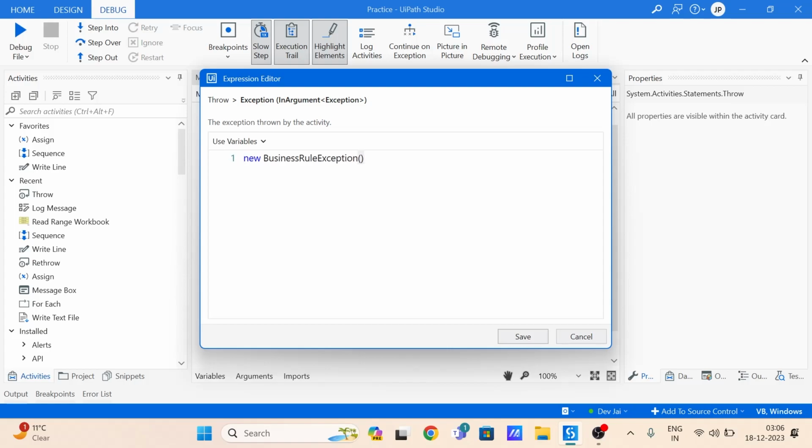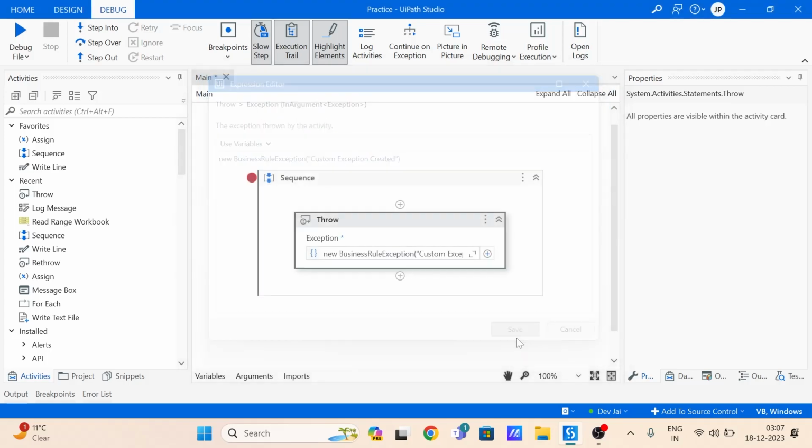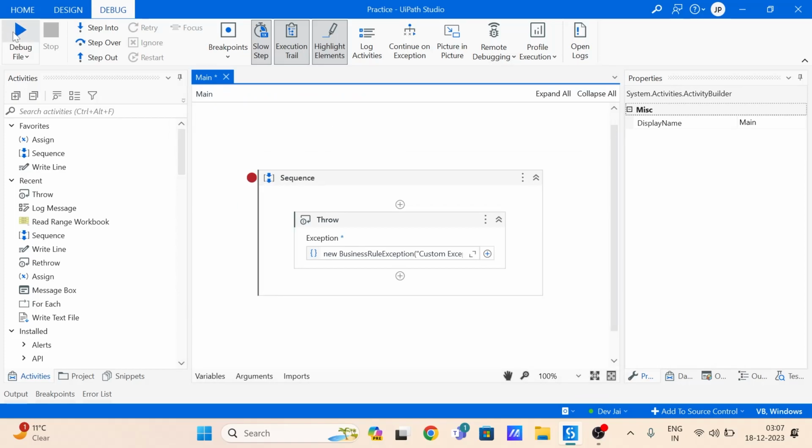Okay, so we are going to be using custom exception created, or we can say custom exception created, it will be more suitable. Custom exception created. Okay, save. So if I run this now,